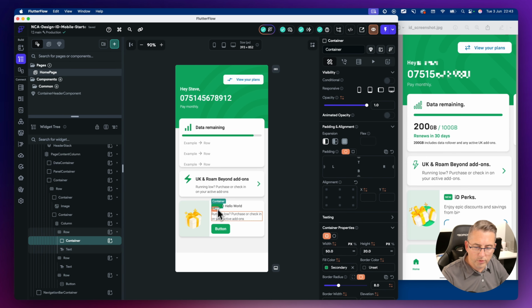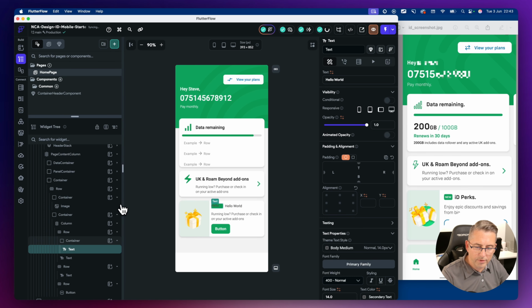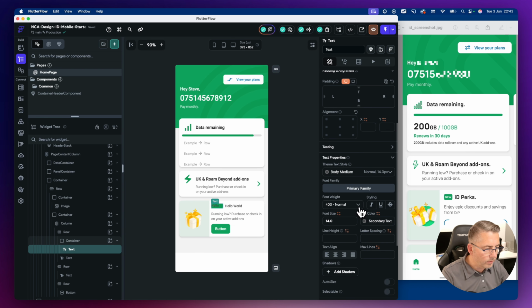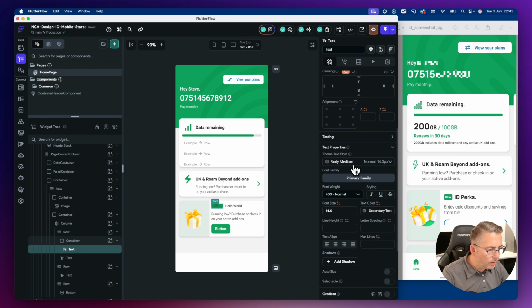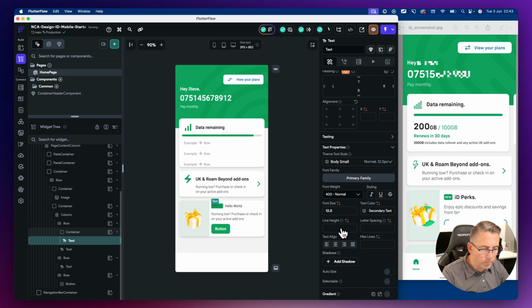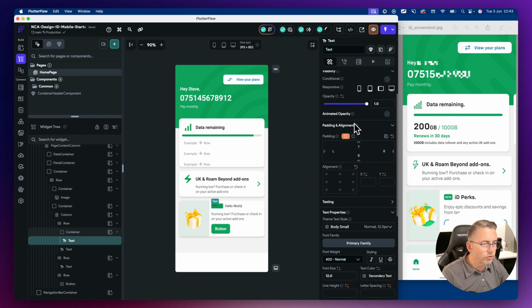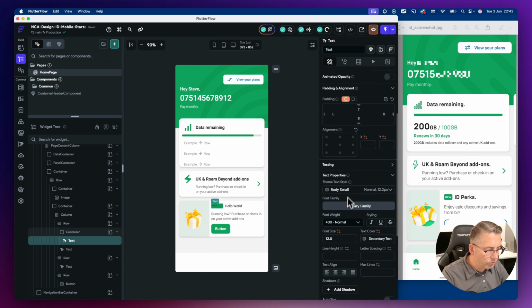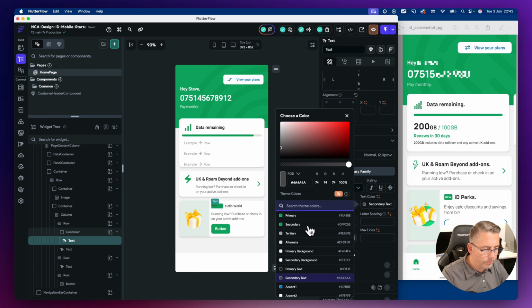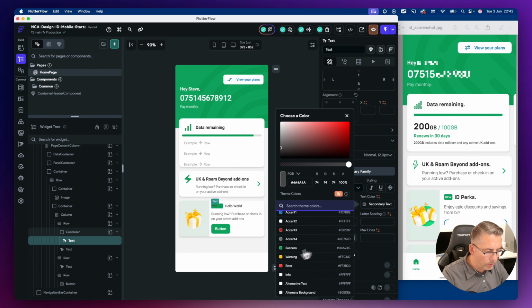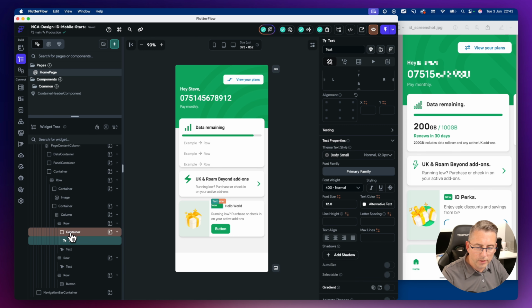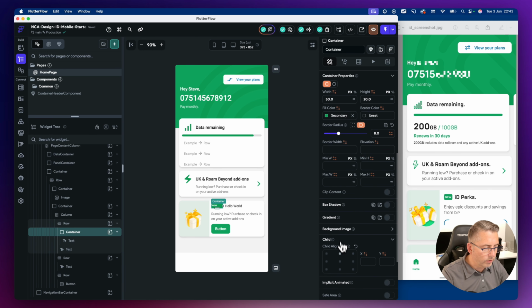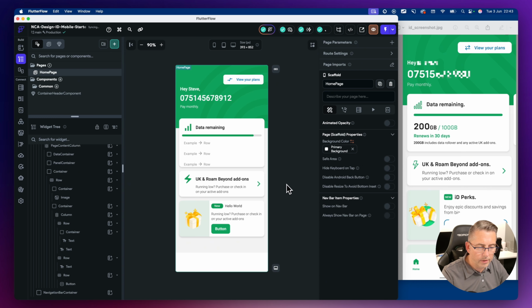So let's just sort this container out here. Let's just put the text in there like that. Let's go down here to then the body medium. This is going to be probably body small like that. Let's just go up to the label. Let's just put new in here like that. Let's just sort out the actual colors here. So let's go down to then the alternate text like that. And then inside our container, we can position things nice in the middle like that, and there is our new